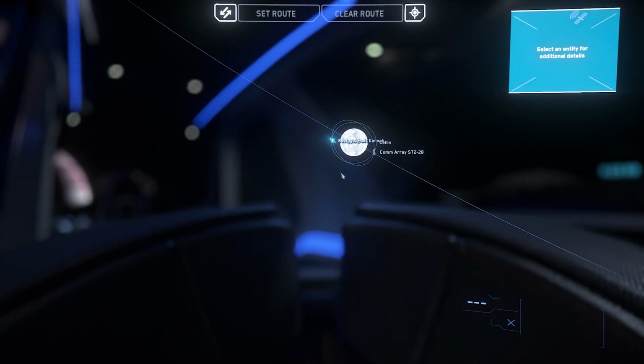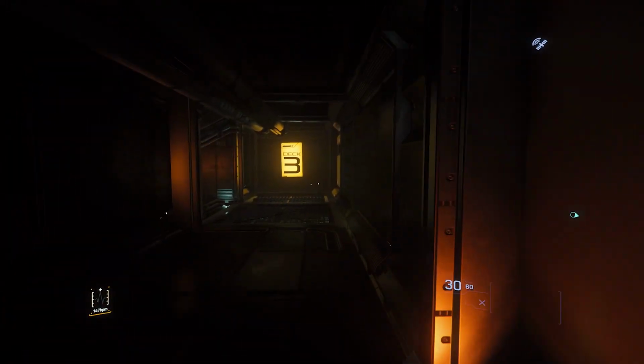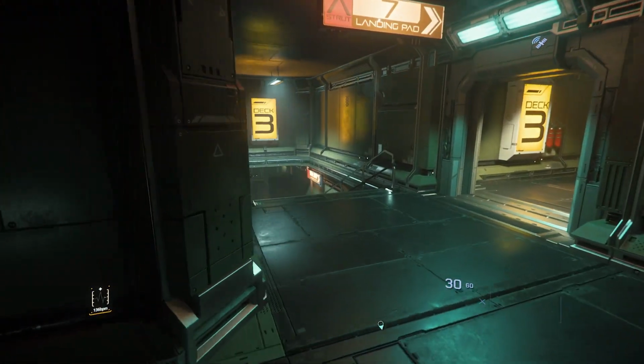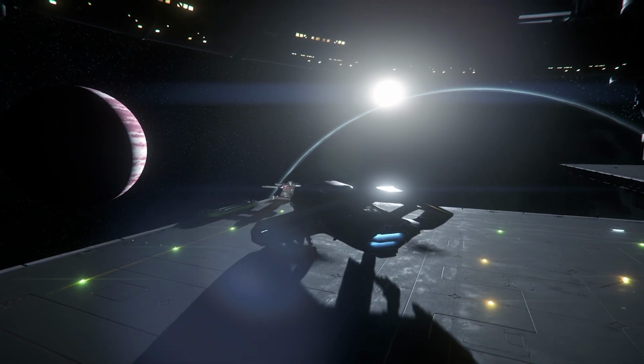After that, you'll want to traverse the solar system over to Selen, moon to Crusader. Now just outside of Selen is location number 2, the security port Korea. I believe it's pronounced that way, I don't know. Now this place can potentially be dangerous, so be careful. But there is a heap of loot here. You want to come over here and land on one of the platforms and then casually run around the inside